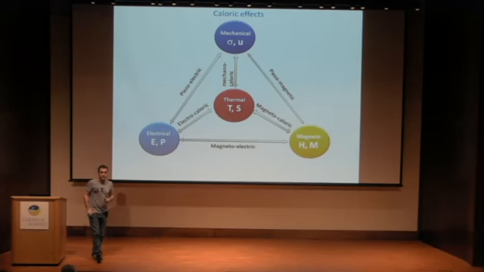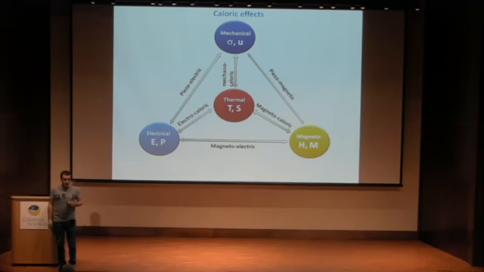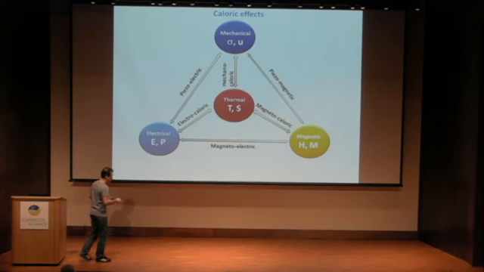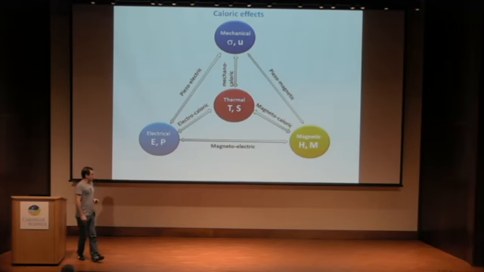I guess you have already seen this kind of triangle, and usually people use this triangle to introduce the magnetoelectric coupling between the ferroelectric part and the magnetic part. Of course, we have seen many talks about piezoelectrics, and we may also imagine the same kind of thing with magnetic materials or with magnetization. And today, I would like to show you that the caloric part might also be very interesting using ferroelectric systems, ferroelectric materials.